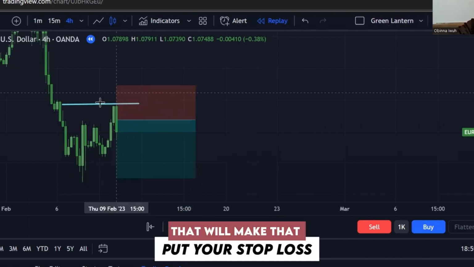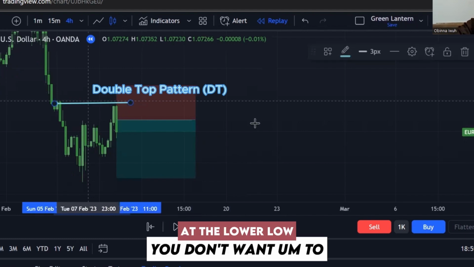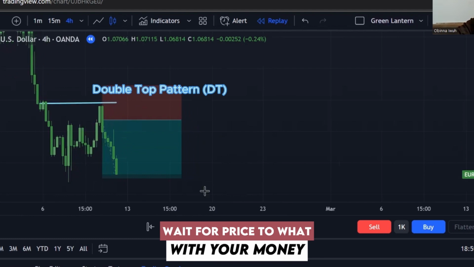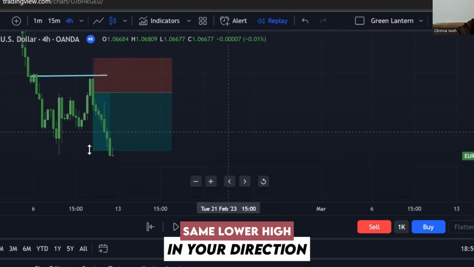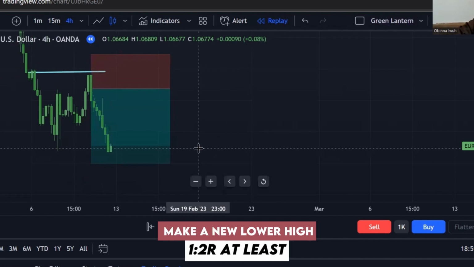That will make that what? Lower low. Do not take trades at the lower low. If you miss a trade at the lower high, wait for price to what? Come back to that same lower high to make a double top, or you want price to make a new